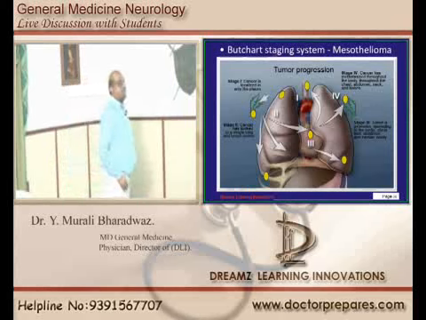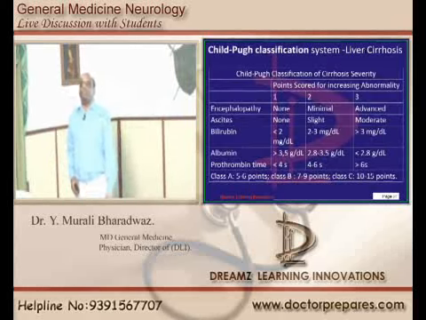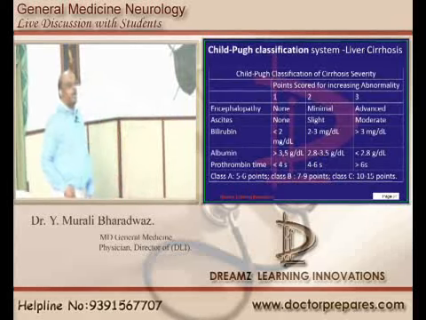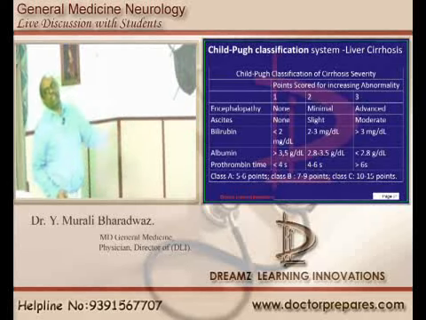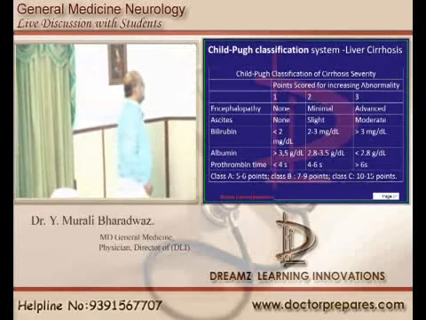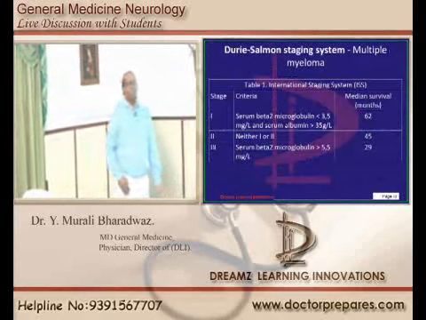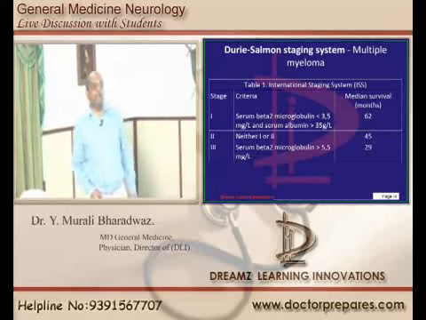Then Child-Pugh, the classification of liver cirrhosis: B for bilirubin, A for ascites, N for neurological status, that is encephalopathy. Another A is albumin. So that is Child's classification. Then Durie-Salmon staging is used in multiple myeloma, because in multiple myeloma, what is the most important prognostic